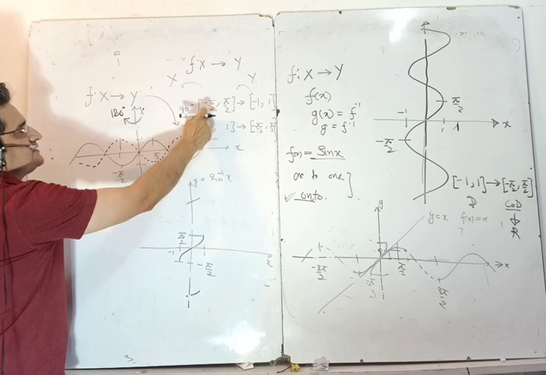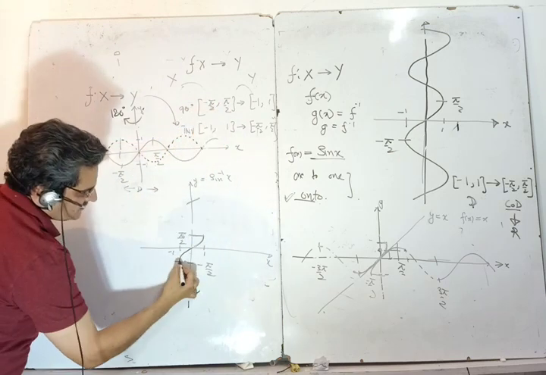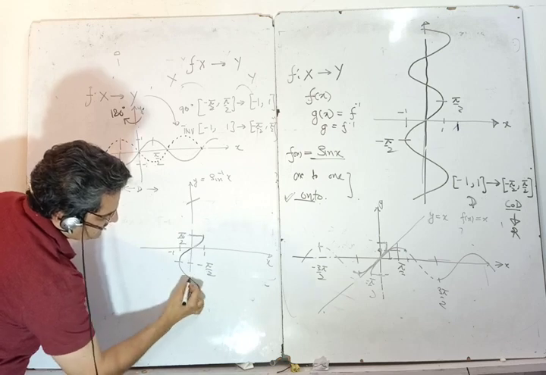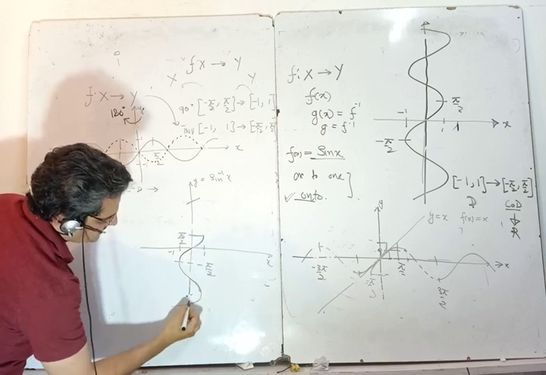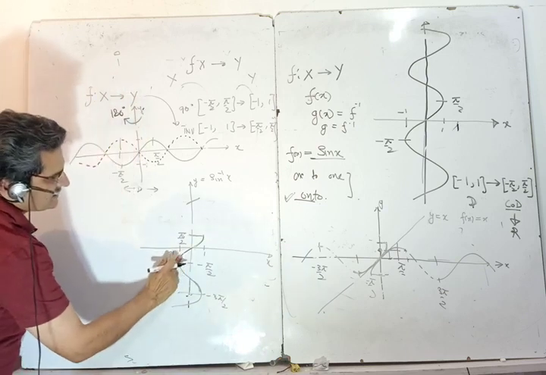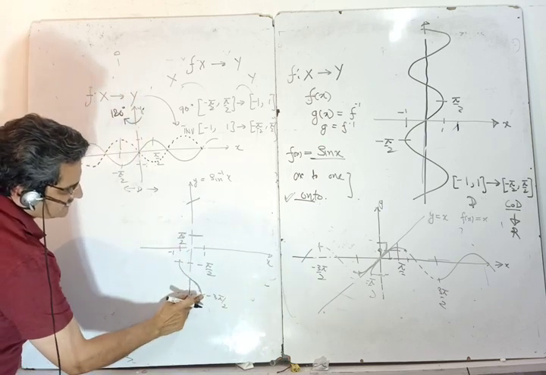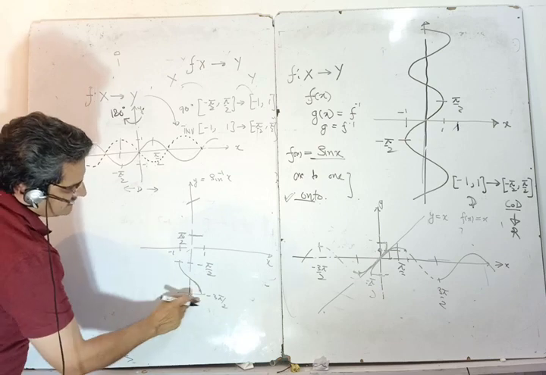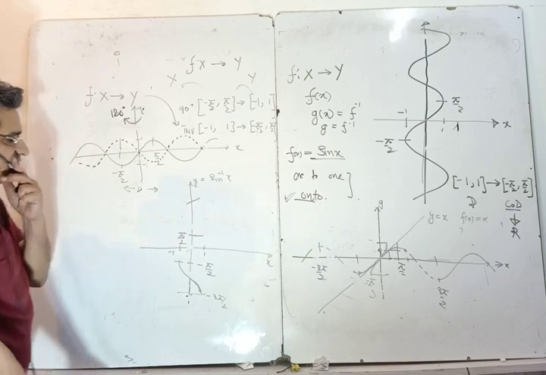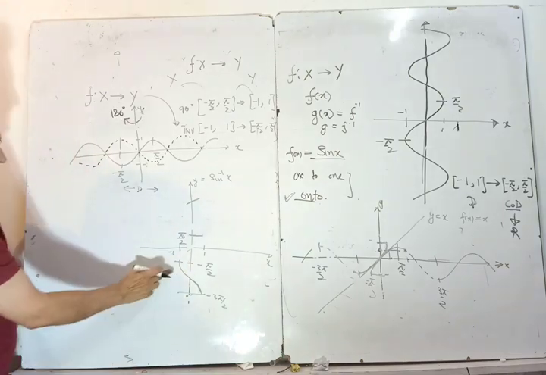Had I taken minus 3 pi by 2 to minus pi by 2, I would have been here, and this would have been my other branch. There are various branches. So this is minus 3 pi by 2 to minus pi by 2, and then my inverse function would have been like this. In a problem it can come that, in the other branch which precedes the principal value branch, draw the sine inverse curve. It will be like this.